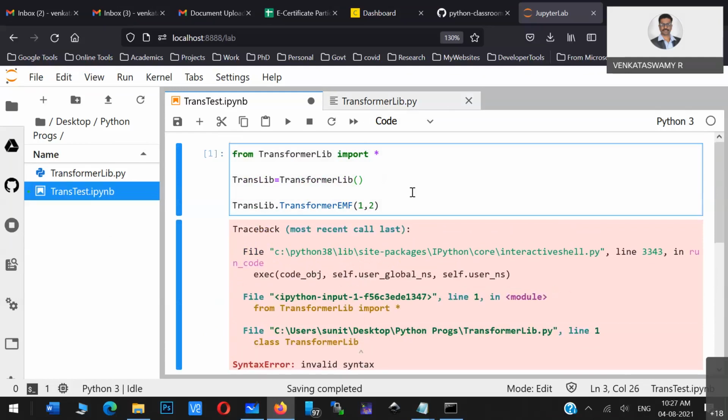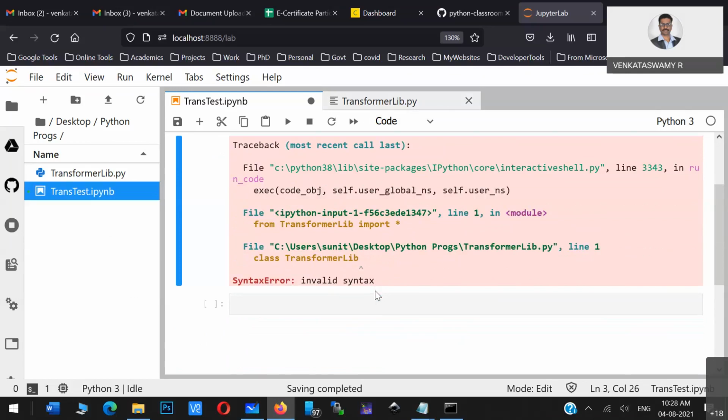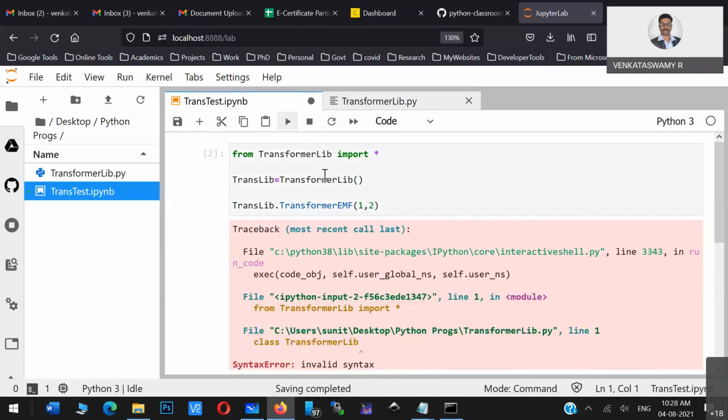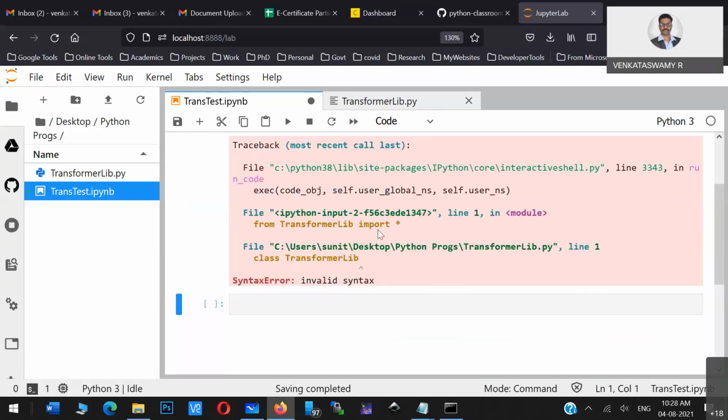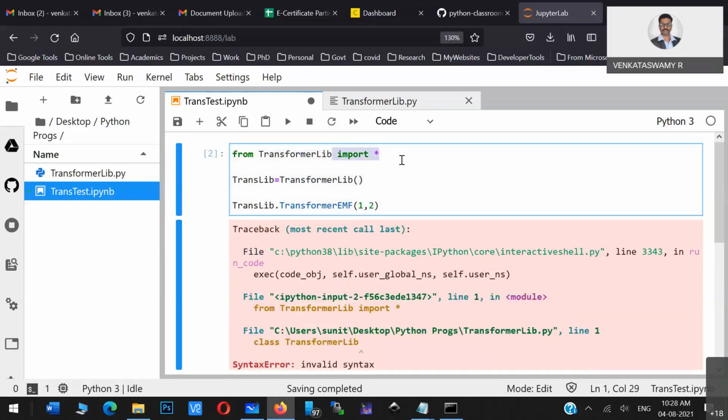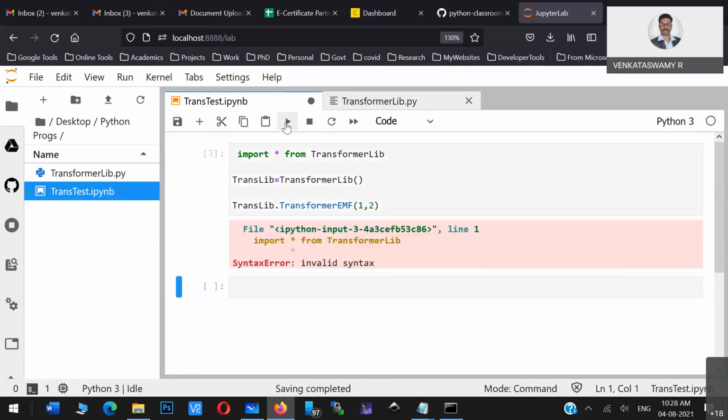The spelling is correct. This is correct only.